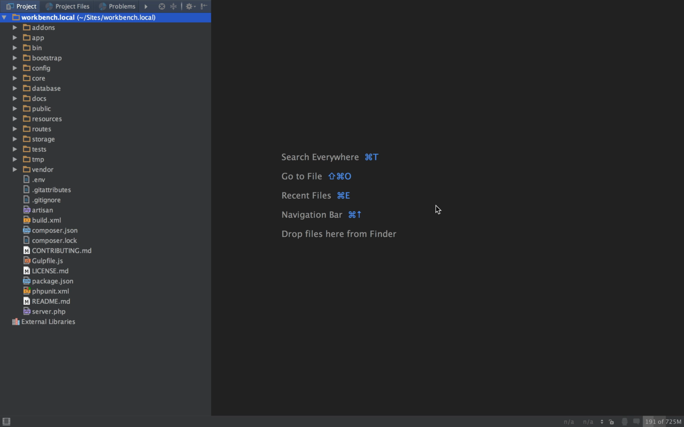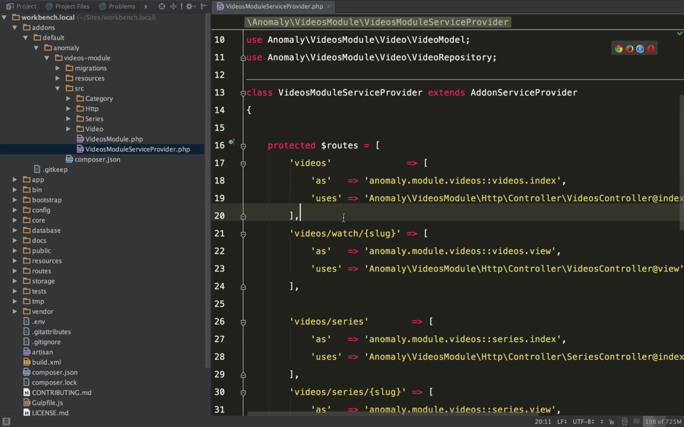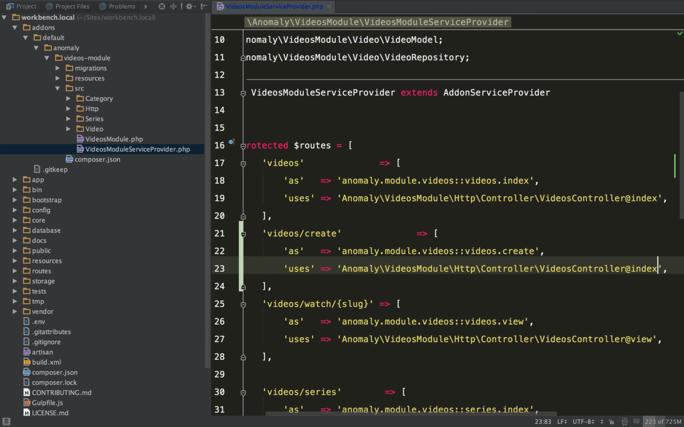So using our videos module, following along with our videos module, let's take a look at how we can do that. The first thing we want to do is create a video create route. So let's open up our add-ons service provider and register that route real quick. And I'm going to name it. I like to name all of my public routes. And we'll use the